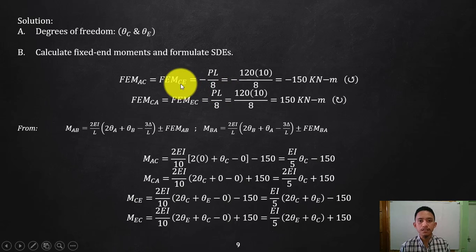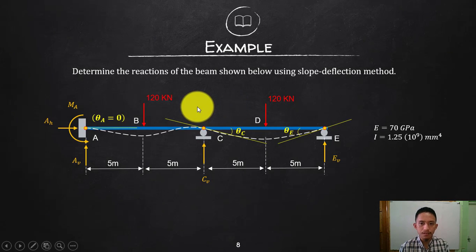Since our type of loading is simple, we solved this one as simple as this. But in a case where you have different types of loading and different lengths of your members, then all you need to do is solve it separately. We only solved this one since they are identical, with the same type of loading and the same length. By the way, you might be confused later on. In this